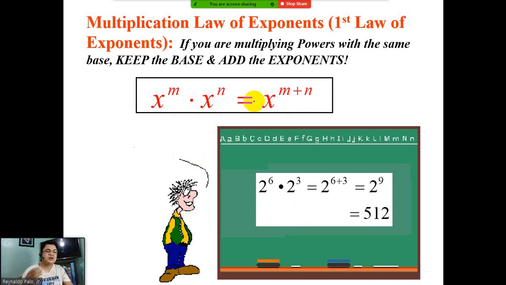Let's talk about the different laws of exponents. How important is following the laws of exponents? You have to take note that all the things that we talk about in algebra involve laws of exponents. Why? These laws of exponents play a vital role in simplifying different algebraic expressions or equations. It means that we need to follow them. That's why we call them laws.